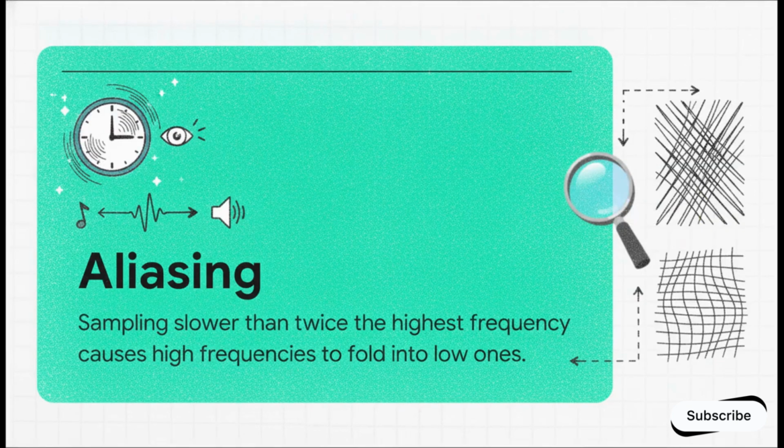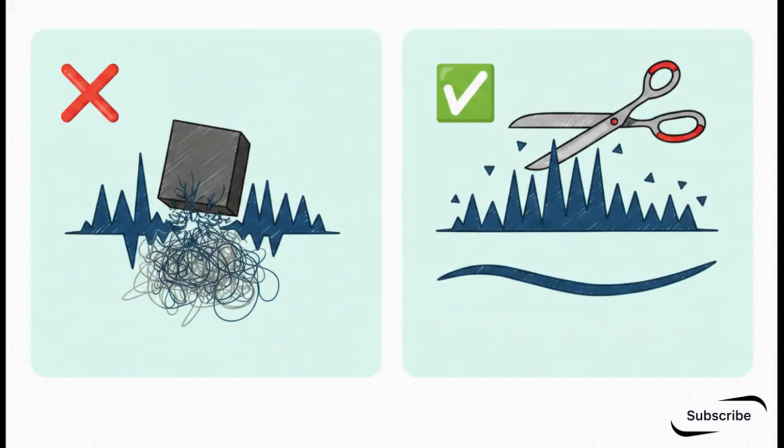But the next failure mode, aliasing, is so much more dangerous. Picture a rapidly spinning clock hand. If that hand is spinning super fast, but you only blink and sample it at the exact same rate it spins, it looks completely frozen, right? The high-speed reality folds into a low-speed illusion. In images, this creates jagged, corrupted moire patterns. In audio, high-pitched instruments turn into a muddy, low-pitched buzzing. If you sample data slower than twice its highest frequency, you violate the Nyquist limit, and reality itself aliases into hallucination.